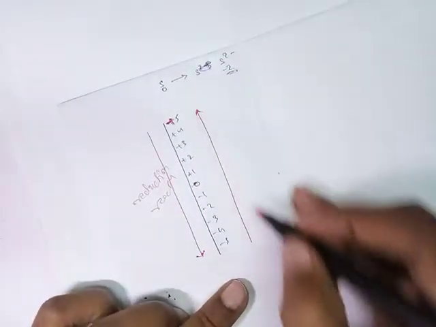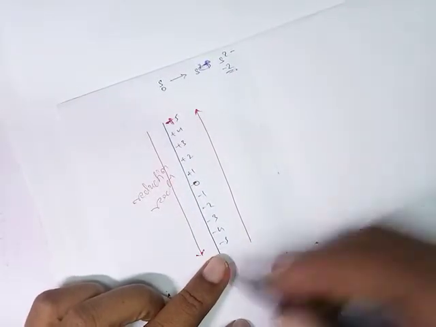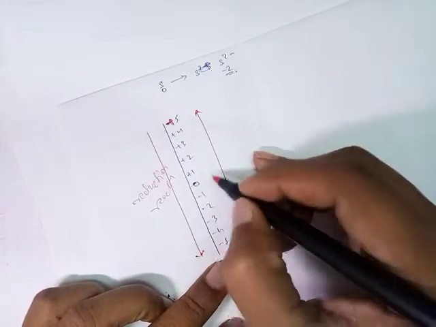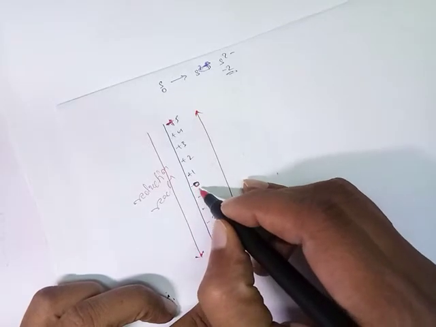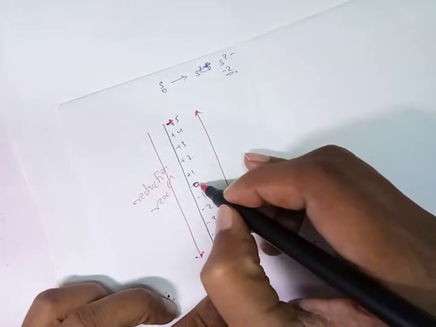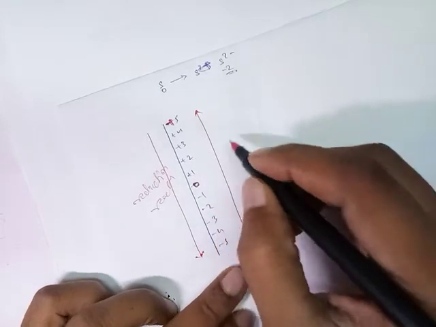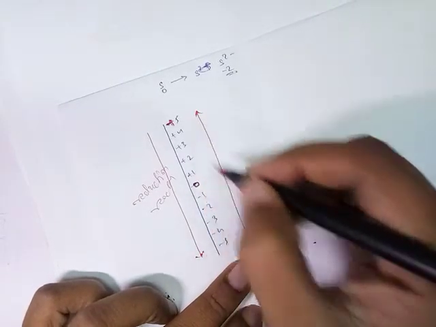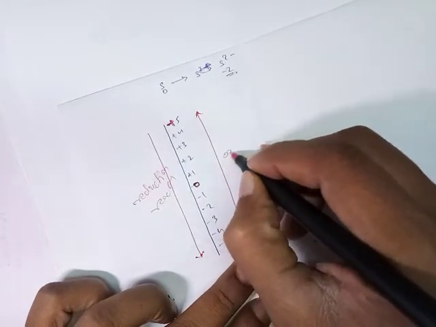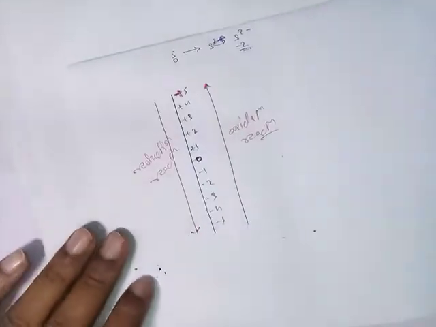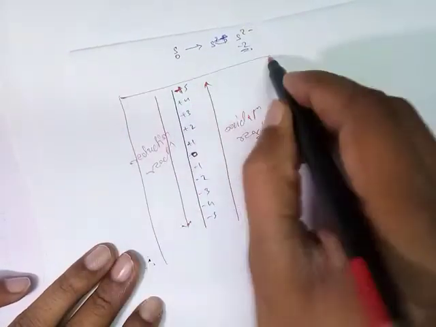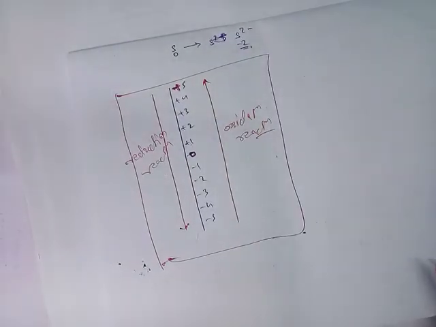And in the other direction the oxidation number increases. Suppose minus 5 is converted into minus 4, or plus 1, plus 2, etc. Or suppose we have an atom or element with 0 oxidation state, but in the reaction it is converted from 0 to plus 1, plus 2, plus 3, etc. Then the oxidation number increases, and we can say this is an oxidation reaction. So this is the diagram to better understand oxidation and reduction reactions in terms of oxidation number.